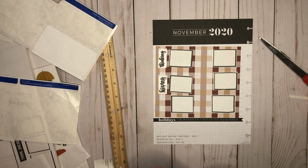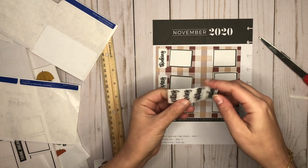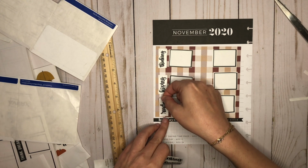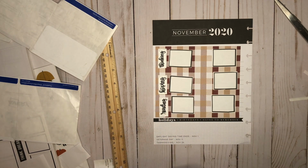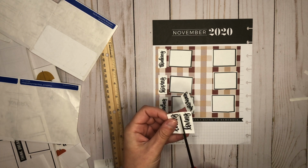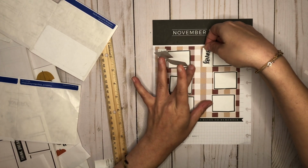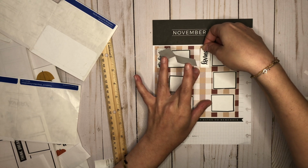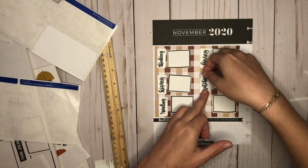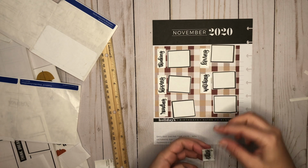Okay, now this is the hard part where I don't have any edges left for this. So, okay, we'll peel that whole thing off and then just cut through that. Okay, reading, those aren't really lined up perfectly. All right, loving, oops. Make sure I'm not putting these down crooked. I want this one to kind of be aligned with the loving next to it. Okay, and then